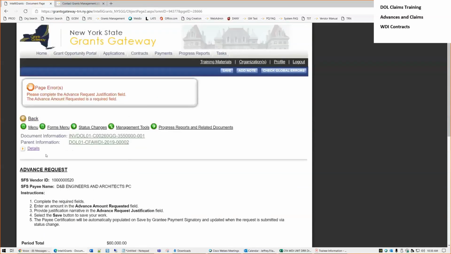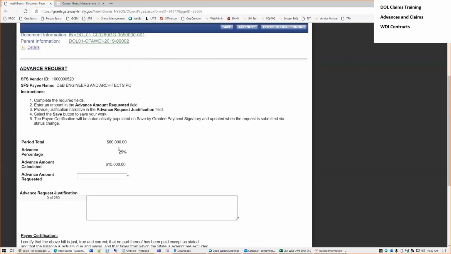And it gives you an error just because this page is blank so far, but you need to go here and fill out how much you're requesting. So you can see my contract is $60,000. I'm a not-for-profit, so it's allowing me a 25% advance. So that would be $15,000. So if I tried to put in $15,001,